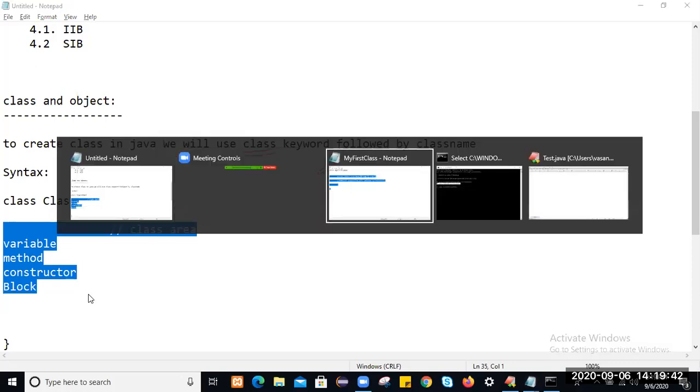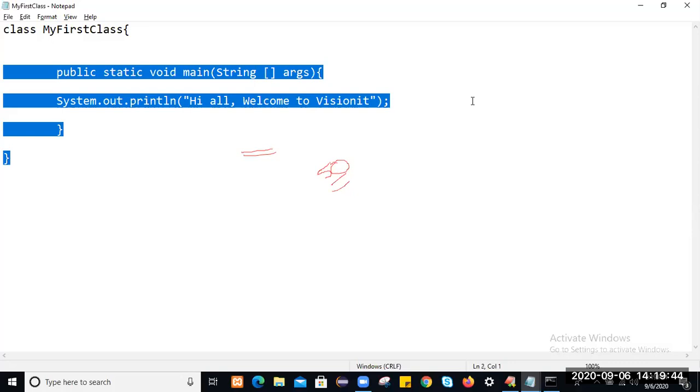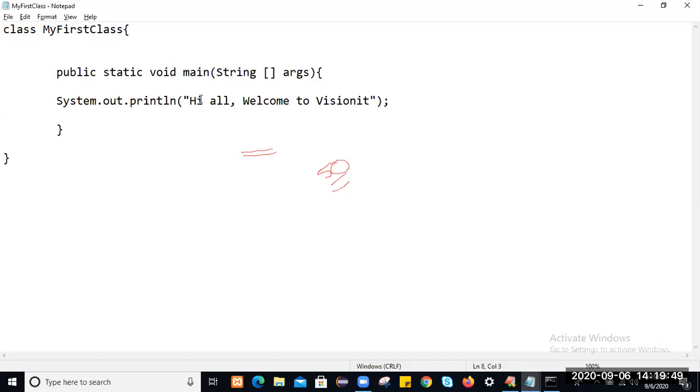So the first application we have written here displays a hello message. To execute this logic, we have done two operations. First, we compiled it. To compile this application, we use the command javac followed by the application name, MyFirstClass.java. This is the command we ran to compile that Java application.